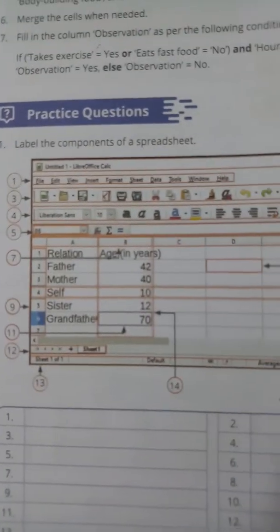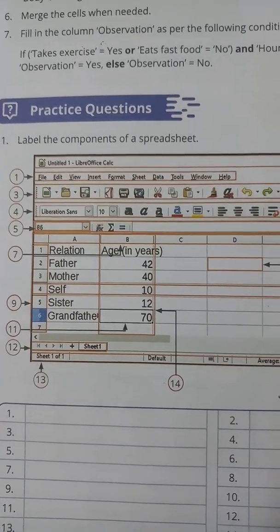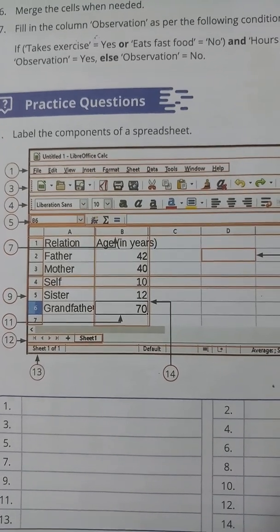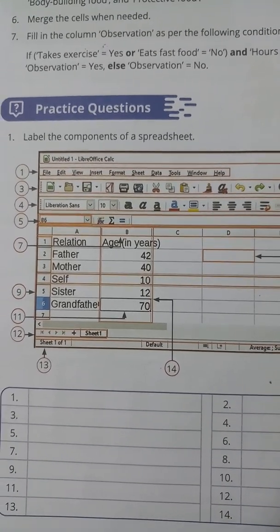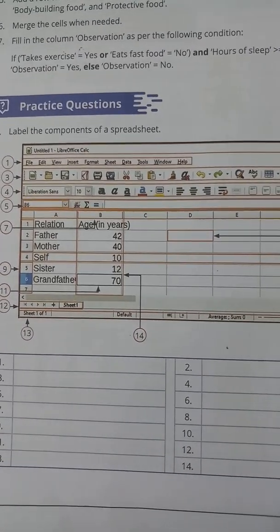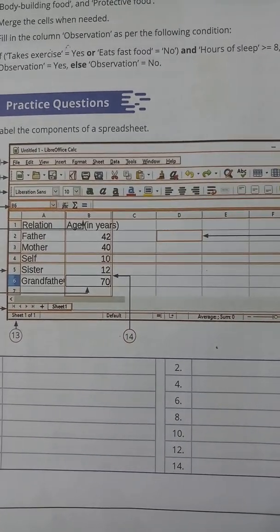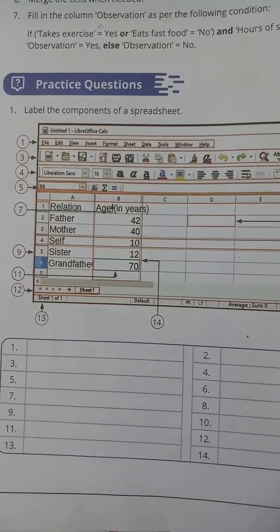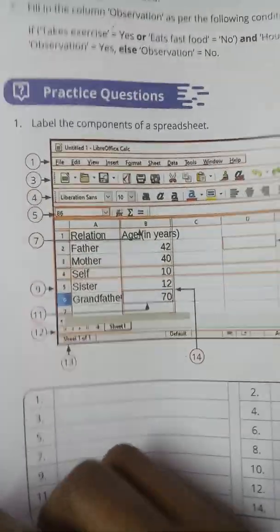Now, take page number 20. The first question is: label the components of a spreadsheet. Can you remember this image? Yes. On page number 9, we already learned about the components of a spreadsheet.